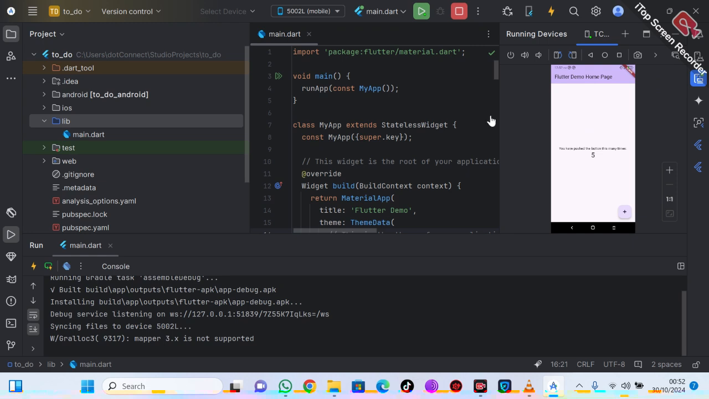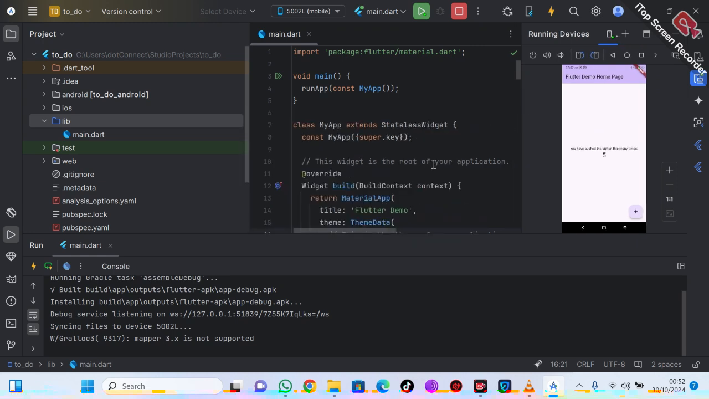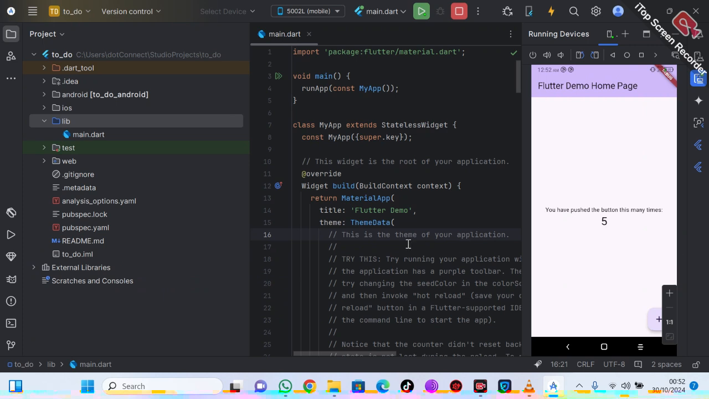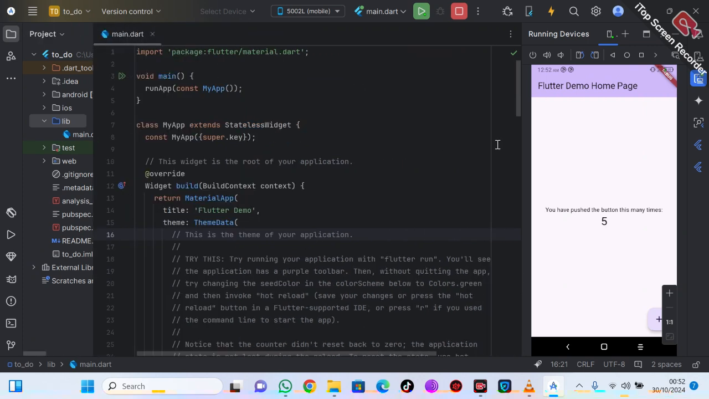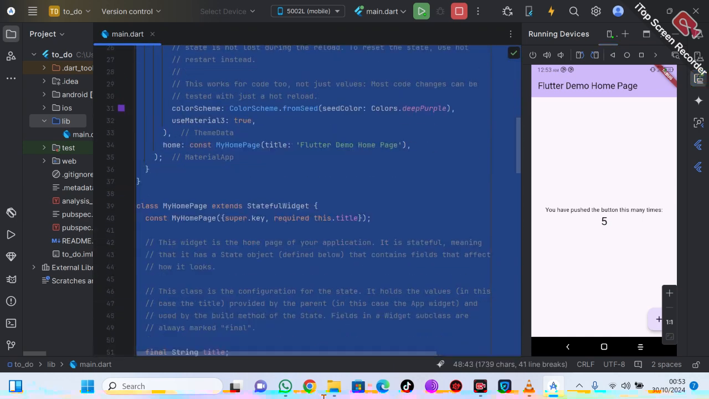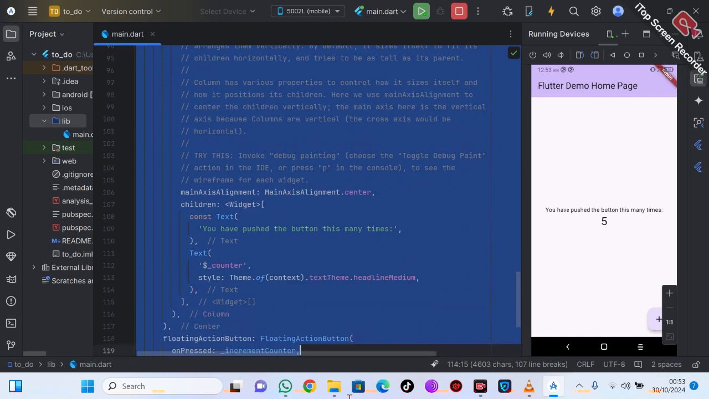But for our case, we want to do our own stuff from scratch. So I'm just going to minimize this. Okay. So now let's write our own code following the widget tree. So this is what we're going to do. I'm going to delete all this. We don't need this. We want to create our own